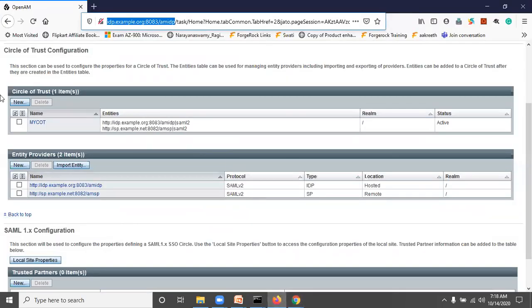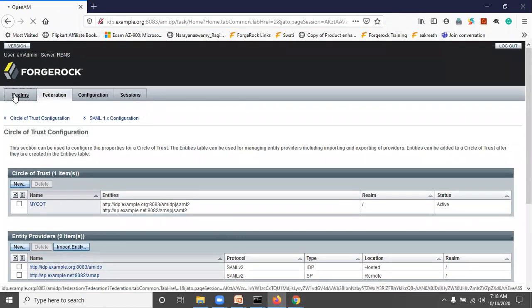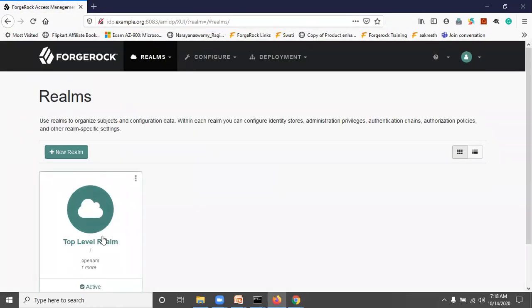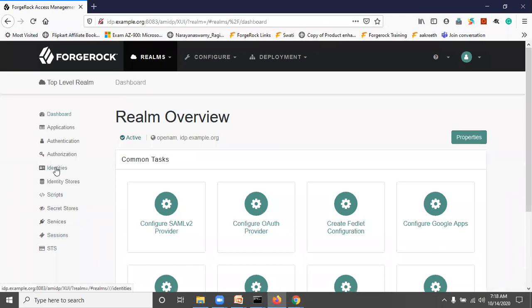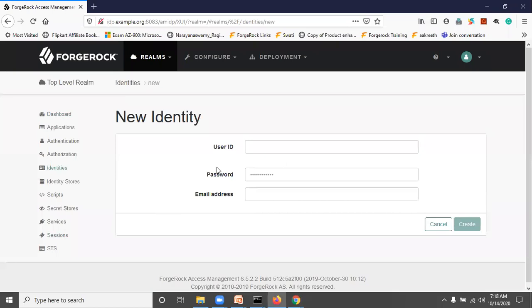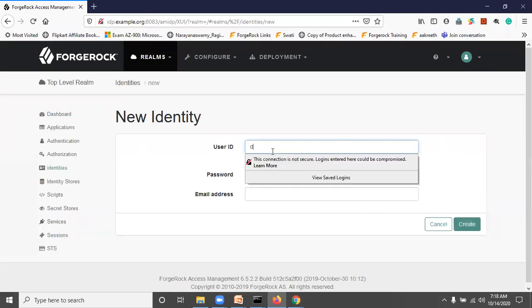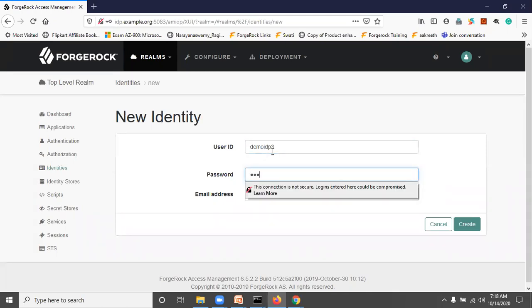The same way, on the IDP side also I'm going to create one more account. We are in the IDP application. Go to identities, click on identity, demo IDP3 and the password. You can give anything, and give the email ID idp3 at example.org.